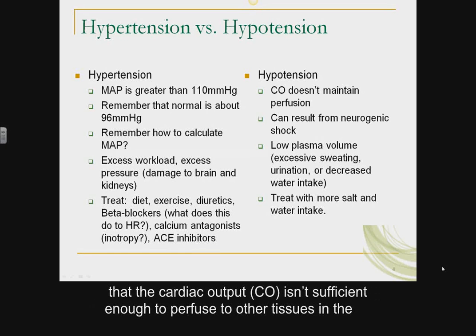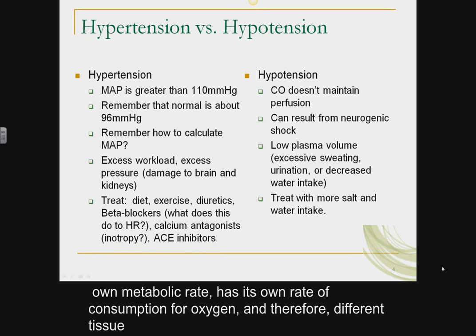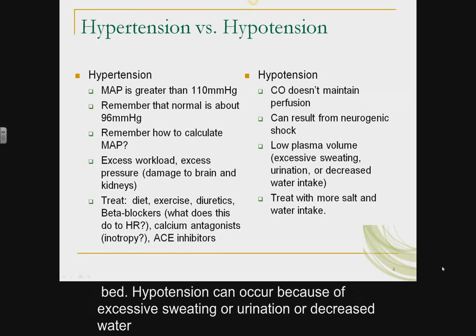Now the problem with hypotension is that the cardiac output isn't sufficient to perfuse other tissues in the body. This can lead to hypoxia, anoxia, and an infarct in the tissues. Each tissue has its own metabolic rate, its own rate of consumption of oxygen, and therefore different tissue beds have different perfusion needs. Last week we talked about local control in a tissue bed. Hypotension can